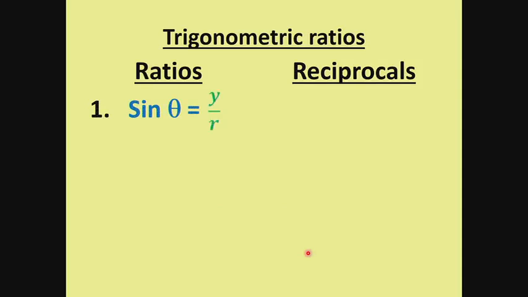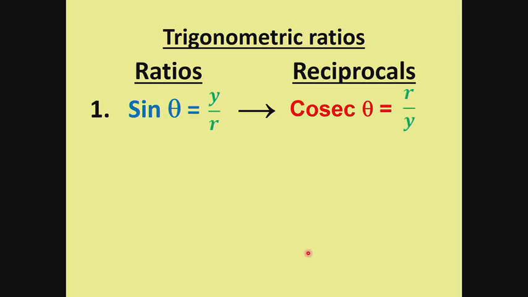Then our trig ratios, the reciprocals, that's also what I would like you to understand. We know sine is y over r. And remember, guys, that is what I ask you to remember: whenever I say sine theta, you say y over r. Now, what is the reciprocal of sine? The reciprocal ratio is cosec theta. As the word says, reciprocal, the inverse of it. So if sine is y over r, then cosec is r over y.